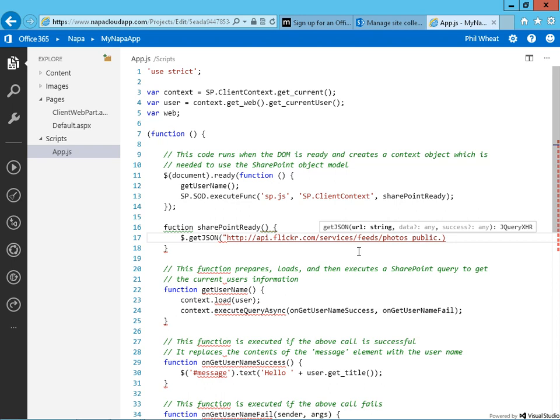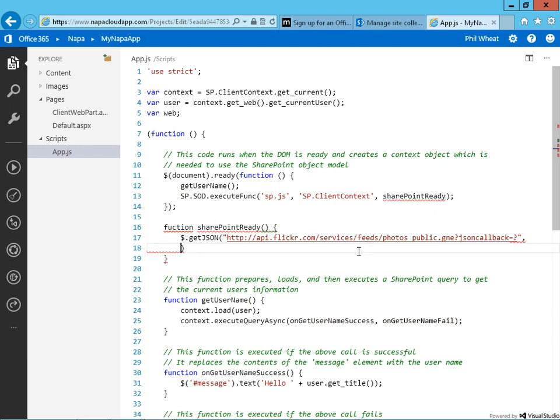Let's see if I can get all this typed in without messing it up. So that's my first parameter. So I've got my string. Now I'll need my data. And let's give it